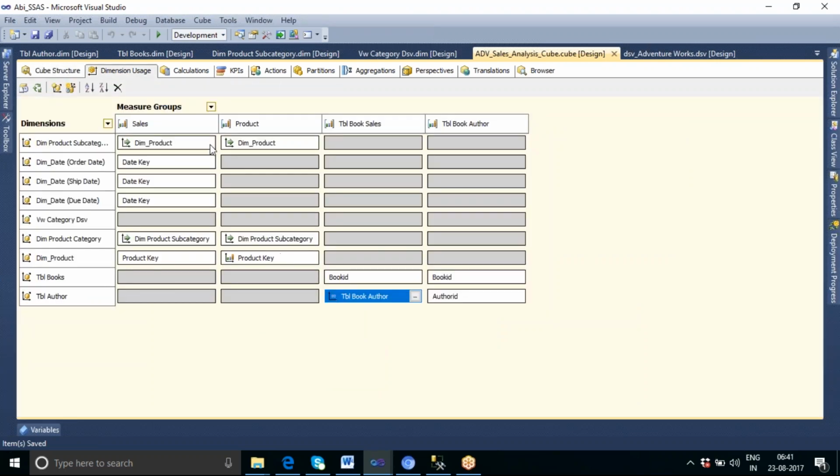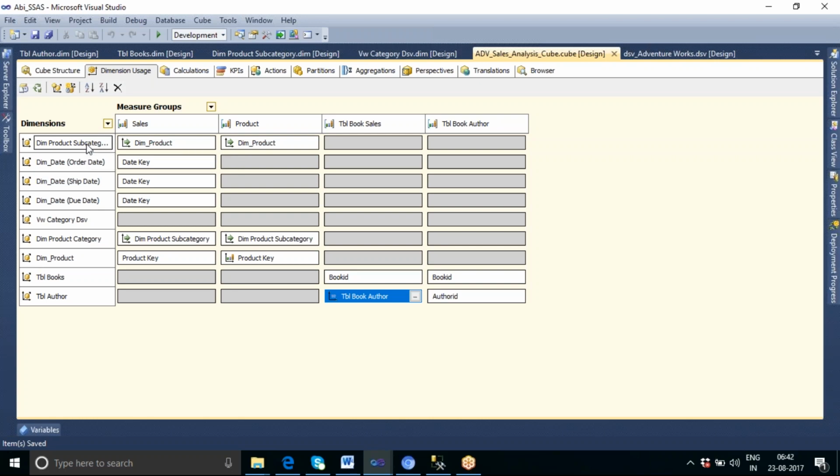So this is how we can create a relationship. Now you can see our cube design is slowly increasing. Up to now we have seen how to create database dimensions, how to create cube dimensions, how to create measures, how to create a relationship between my measure and the dimension, and how many relations you can create.